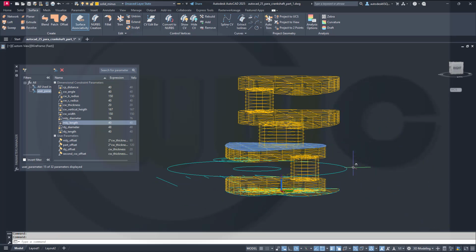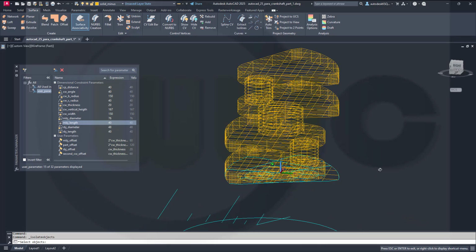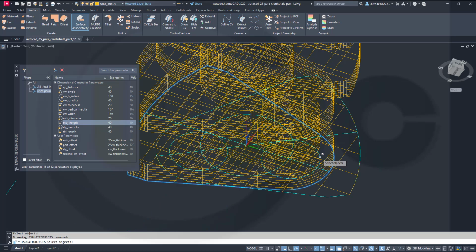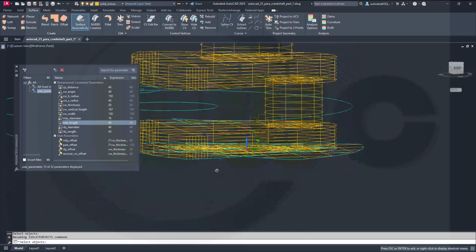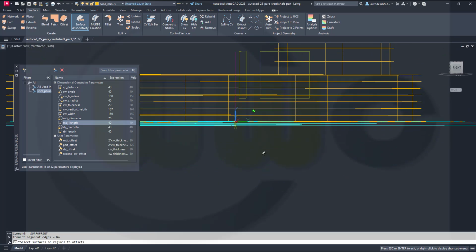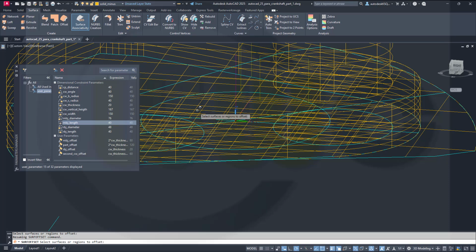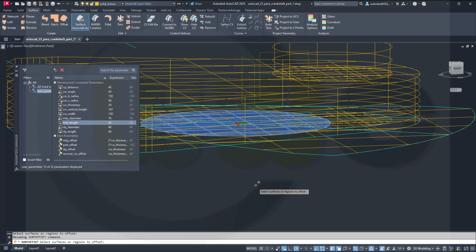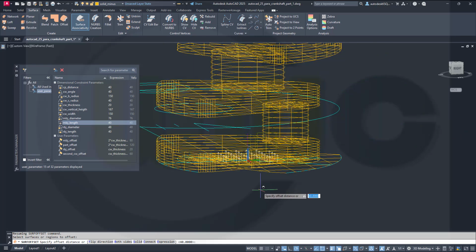What's missing? This one. So again, isolate. That would be this circle here. No, the one in the middle. And there I've got already a surface. So I should go for an offset surface. Select that surface. It's kind of hard to see. This one. Right click, and that offset would be